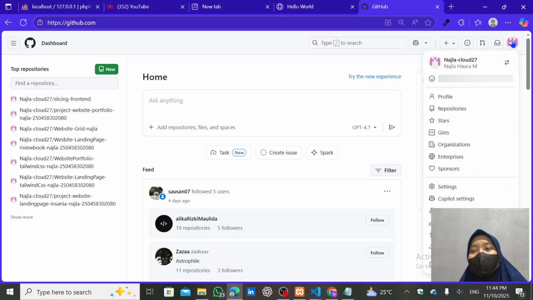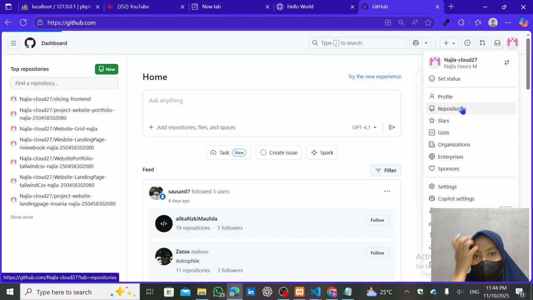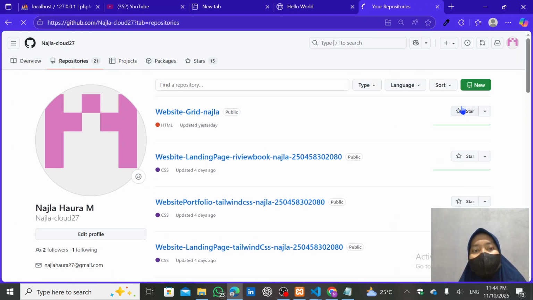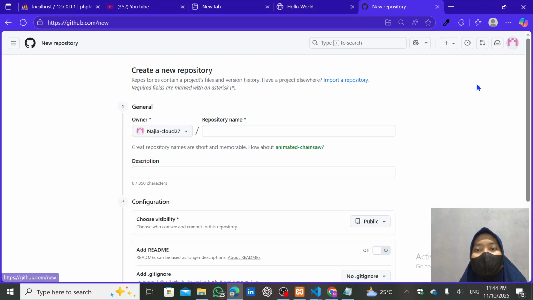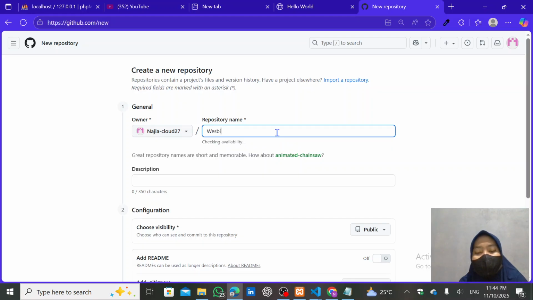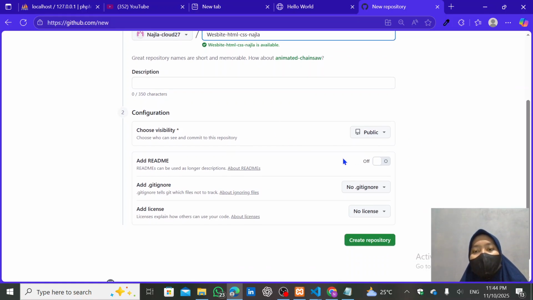I write the repository name, website in HTML and CSS, and I choose public visibility and create the repository.